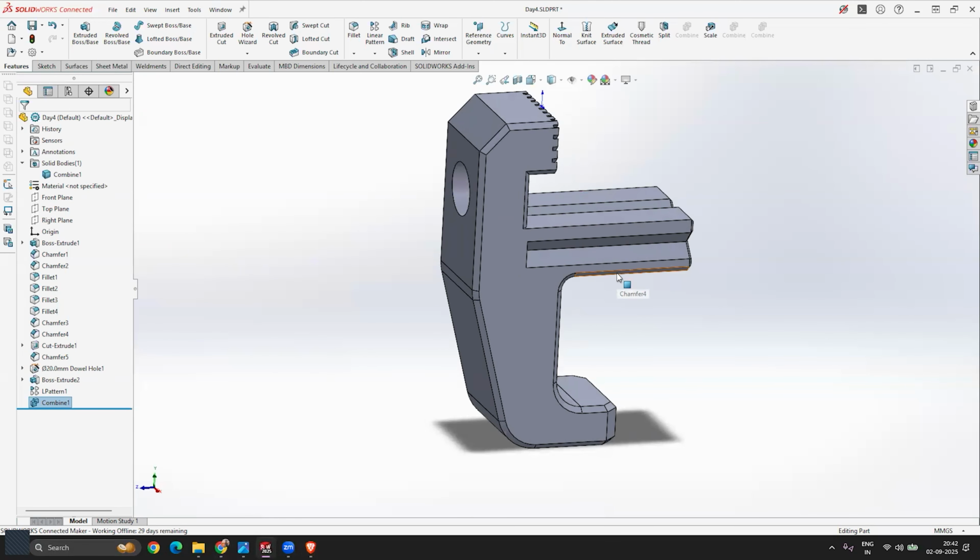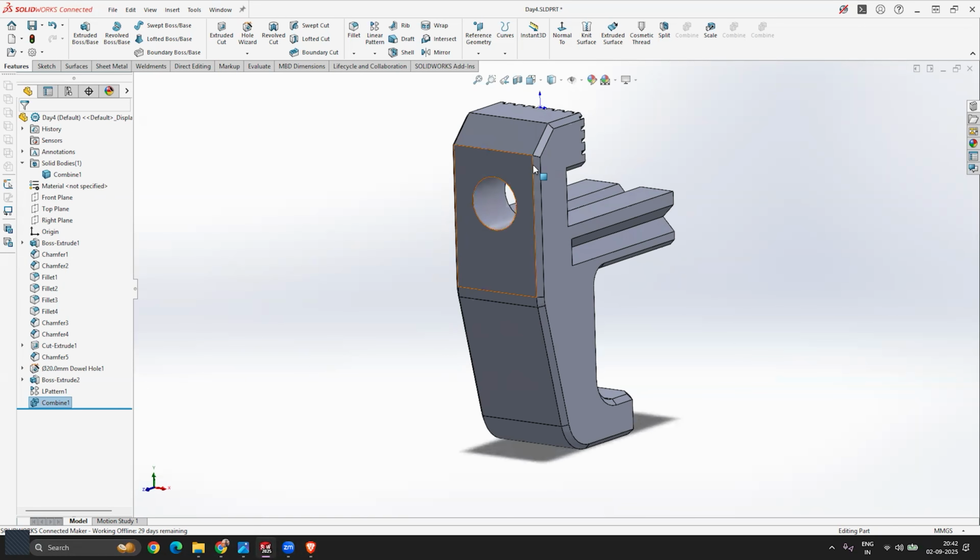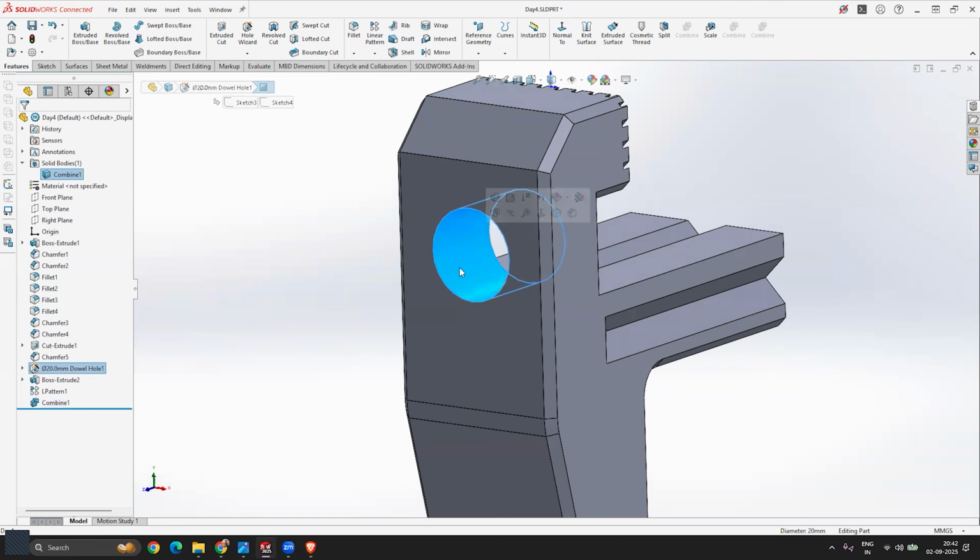Now let's learn the next tool inside this same feature panel. The next tool is, if you want to apply a thread onto this hole or onto this cylindrical face, how you can do that, right? For that, we have the same tool, the hole wizard, but you have to expand that tool, and then you will find the tool known as threads. All of you can see this, right? The thread option. Once the tool is active,